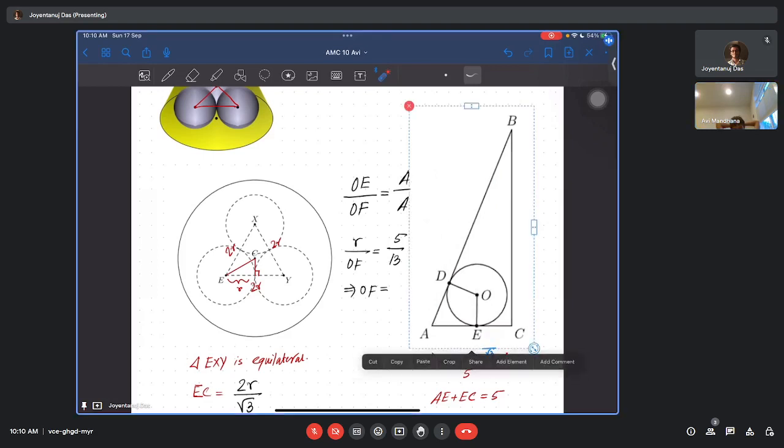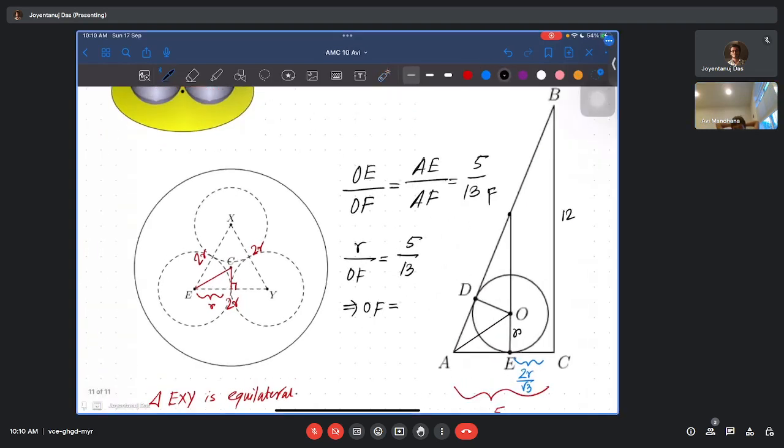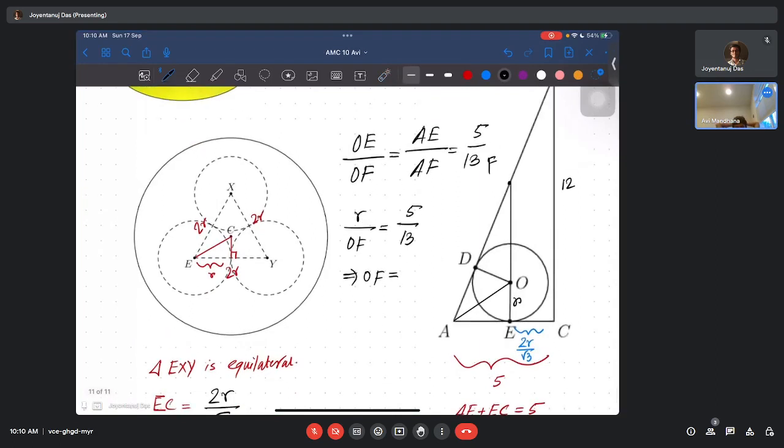So what will be OF from here? 13R by 5. Right. So now what you are saying that we can use: we have to find AE, right? So what ratio are you saying? Tell me. AE over EF you are saying, right? Yes, tell me what you are saying. AE over EF is,